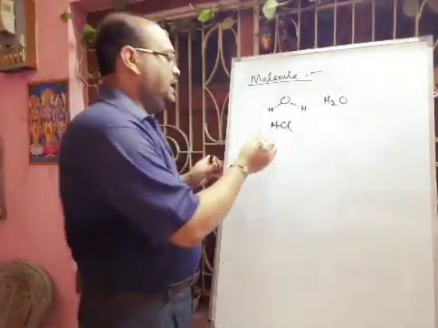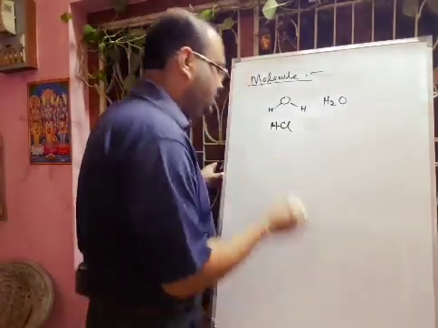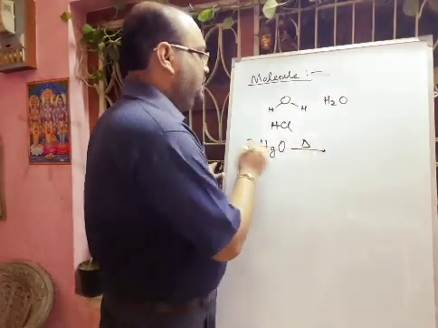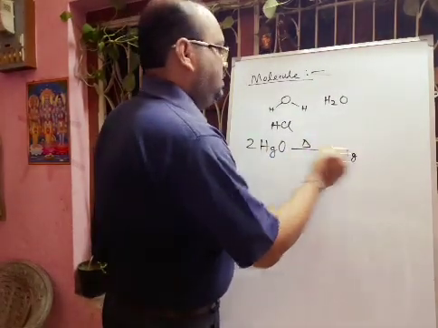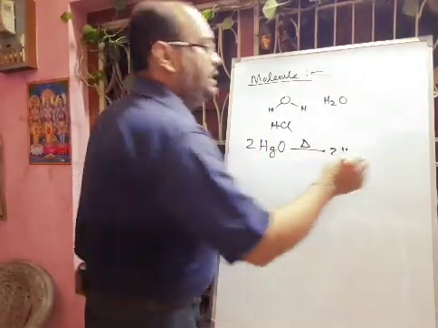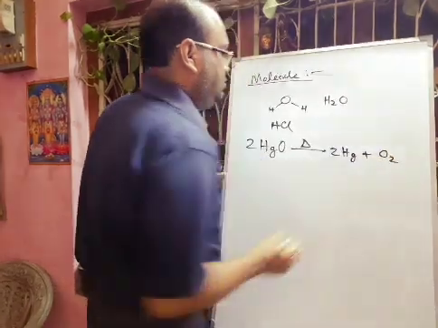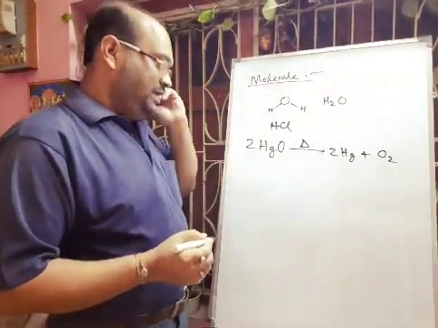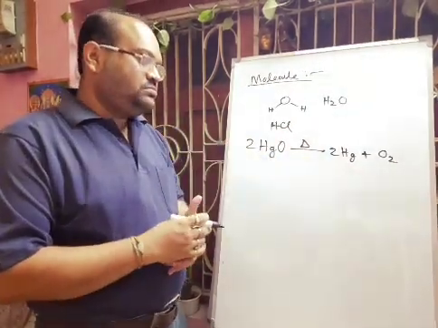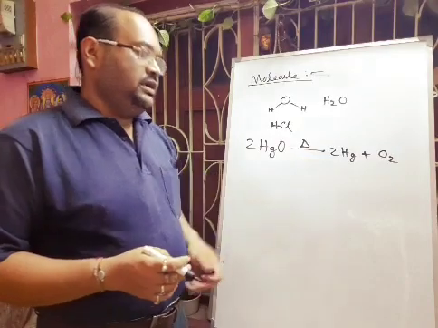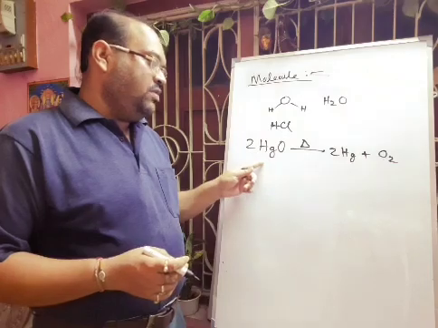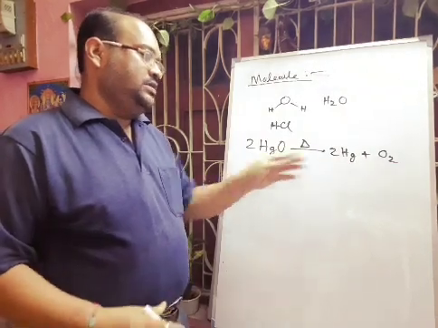If we think about HgO, the mercuric oxide, and if we apply heat, it will break the molecule. By heating we can break this molecule to Hg, mercury, and oxygen gas will be produced. Or in your book it is written that mercury atom and oxygen atom. Actually oxygen will exist as O2 and you will get mercury. First in heated condition you will get vapor. This is a red compound, the color of this compound is red. It will be dissociated.